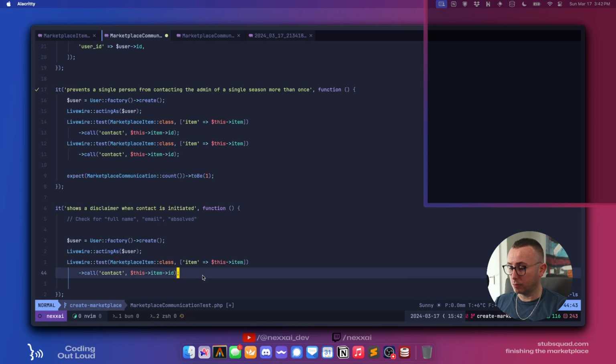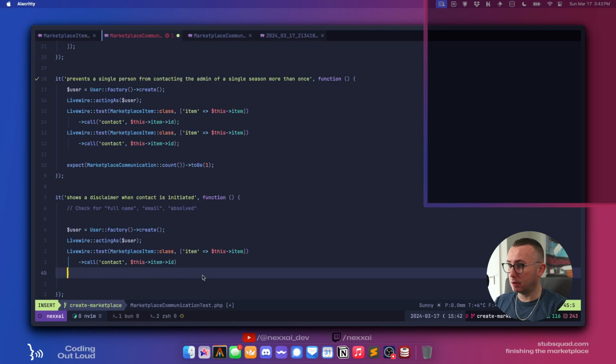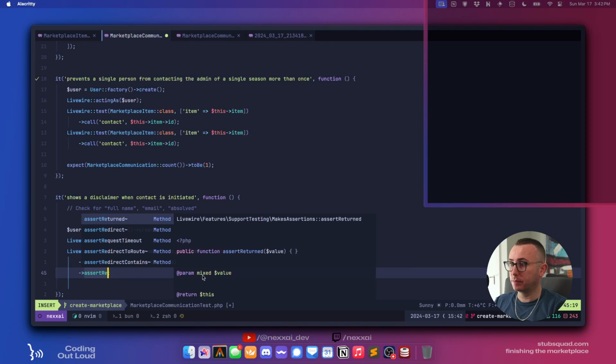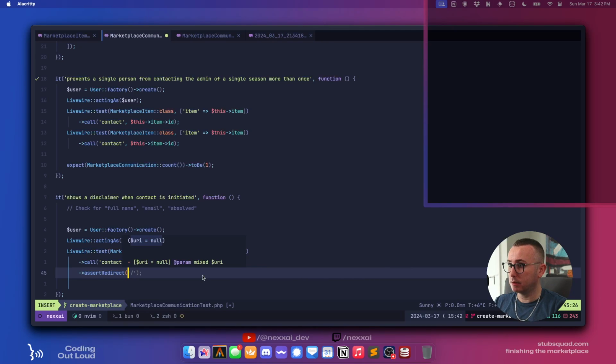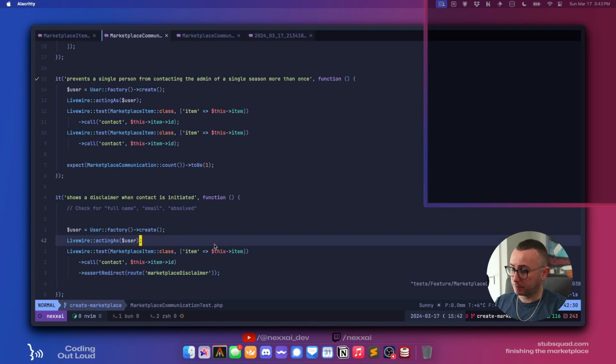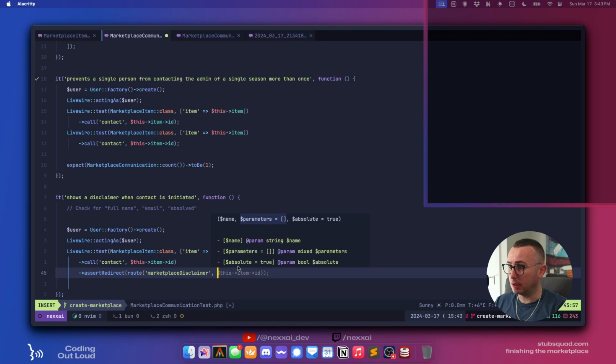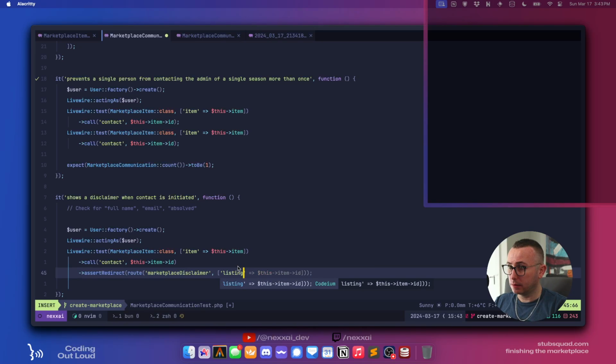And what we want to assert is a redirect to some route, we'll call it marketplace disclaimer, and we want to pass it the item. So the listing is this item ID.